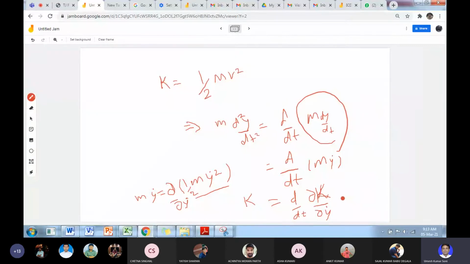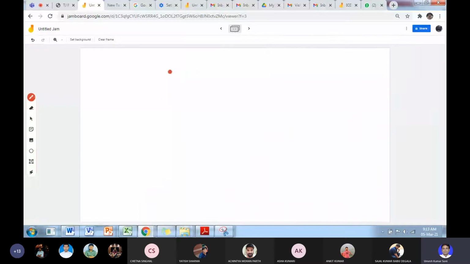So d upon dt of delta k upon delta y dot. Okay, next, what is the potential energy? mgy. Okay, so g into 1 upon 2 m y